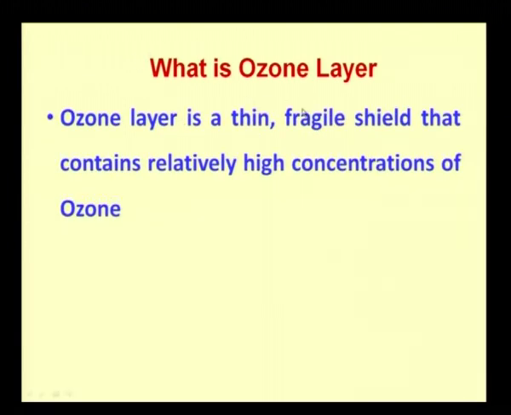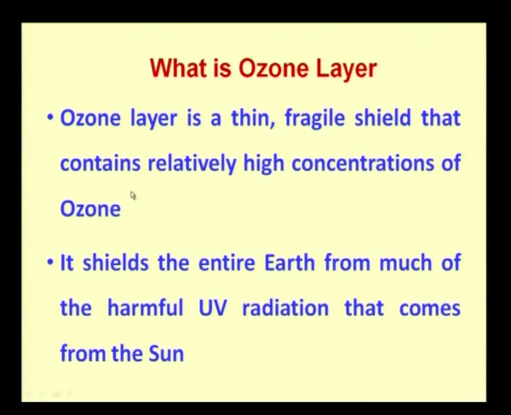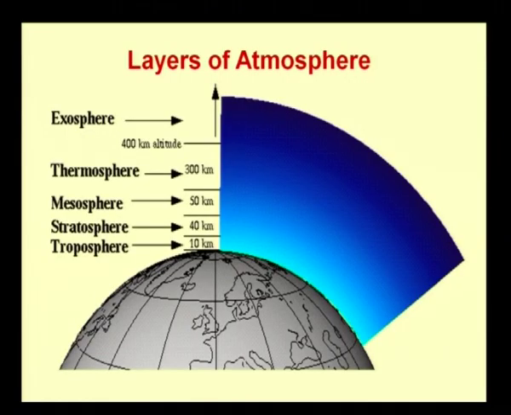The ozone layer is a thin, fragile shield that contains a relatively high concentration of ozone. Therefore, it is a very thin layer with a very high concentration of ozone, and it is shielding the earth from much of the harmful ultraviolet radiation that comes from the sun. If the ozone layer is not there, we will definitely be in high trouble, because ultraviolet radiation consists of very high energy particles and their impact on human beings and the earth is much more